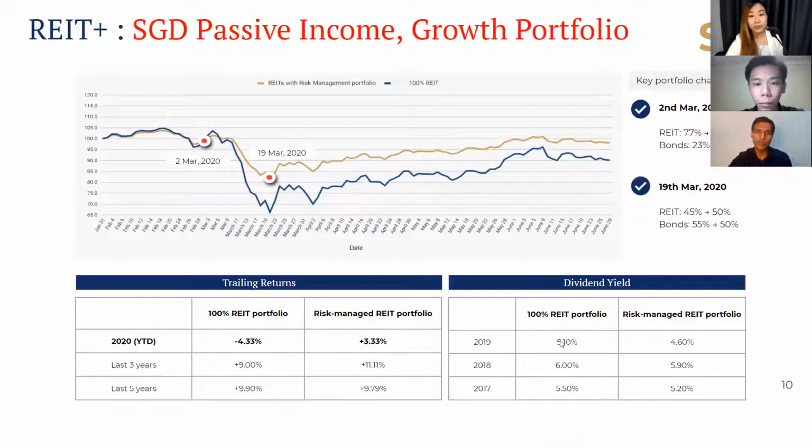And again, I think I will leave the returns part as is. I think the idea is if you want to go for higher dividend yield, you go for the 100% REITs. If you want a little bit more capital preservation and you're willing to give up certain yield for that, I think the risk managed REIT portfolio is a great option. Now, what would be interesting, Don, is if you were to create your portfolio using all the different options that we have, how would your core and satellite look like?